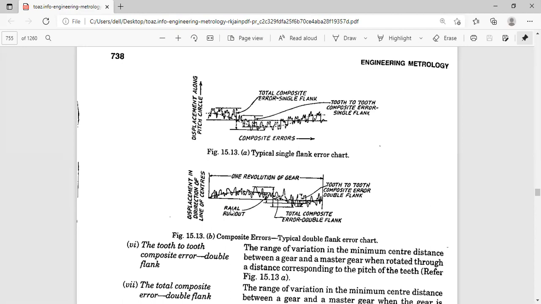So instead of using an ordinary dial gauge or dial indicator, the dial indicator will have a special tip, depending upon the module of the gear to be tested.